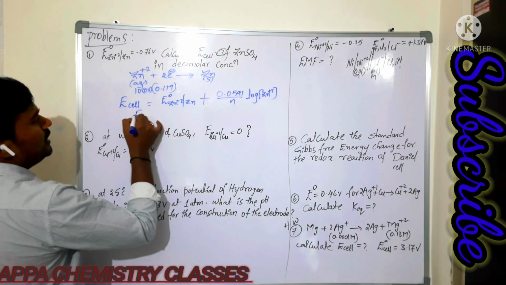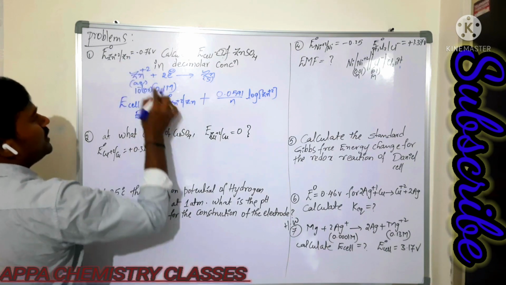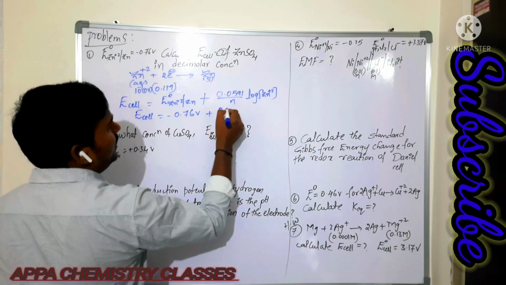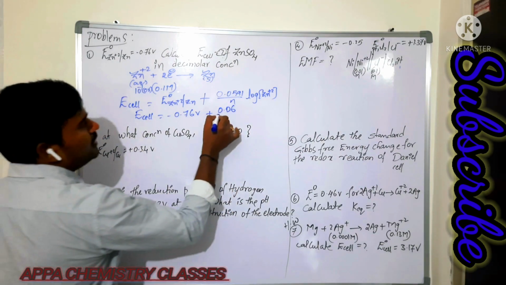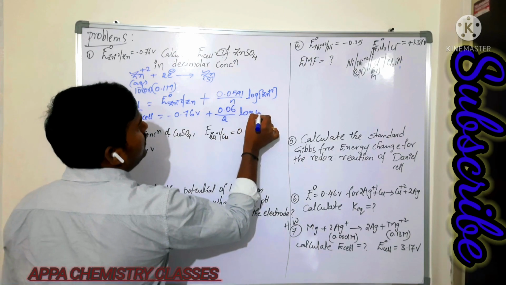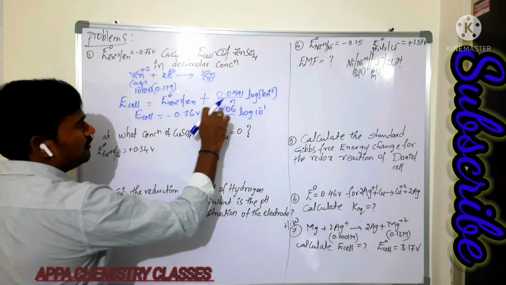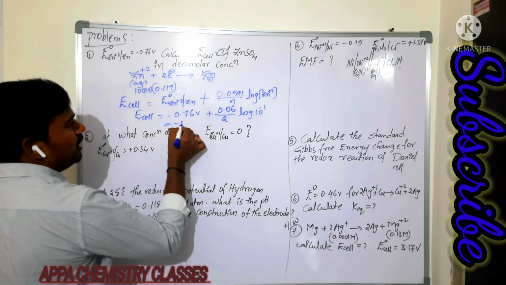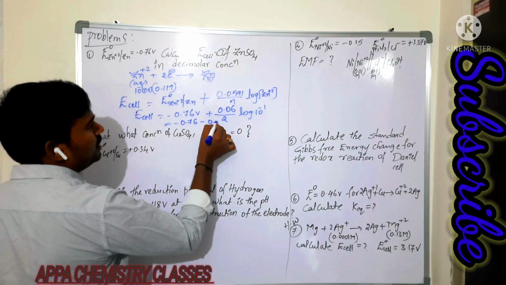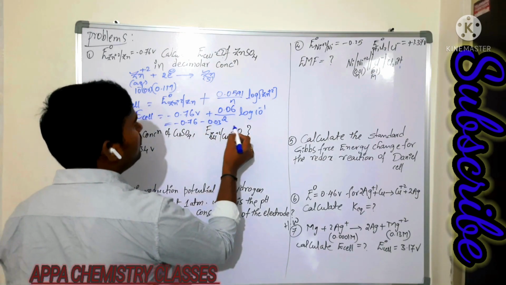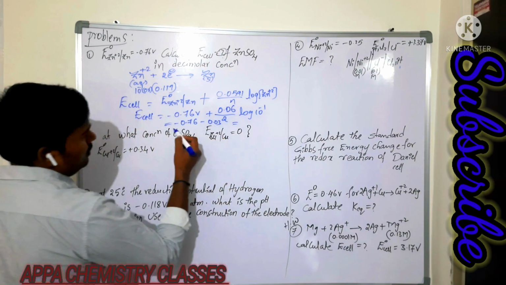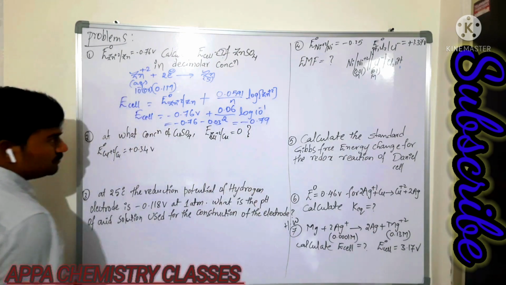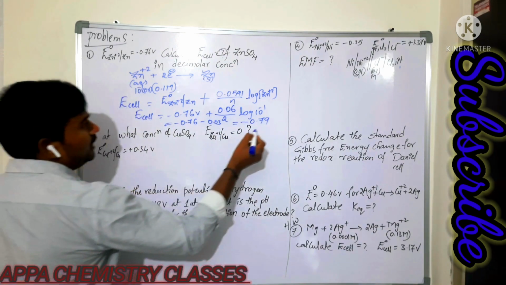Now in this case, we have to calculate E cell. E naught of zinc is how much they have given? Minus 0.76 plus 0.059, which I am taking as 0.06 by 2, log of the concentration of zinc ion, which is 10 power minus 1, that will come to the front. So log 10 value is 1, minus, so it becomes minus 0.76 minus 0.03. So you subtract that, you will get minus 0.79. Okay? So that is what the potential is.